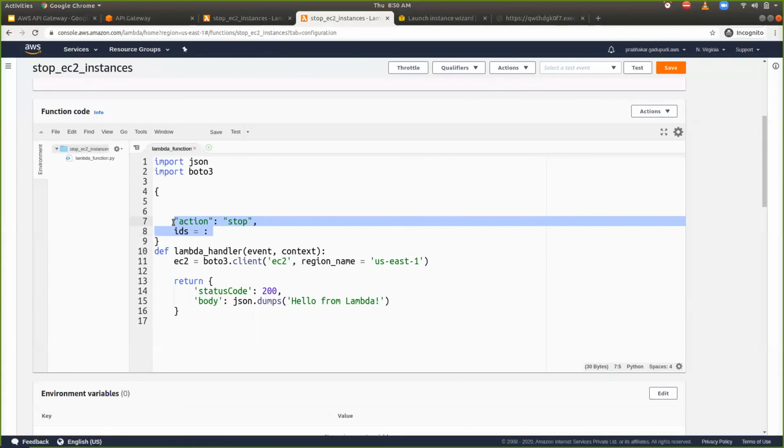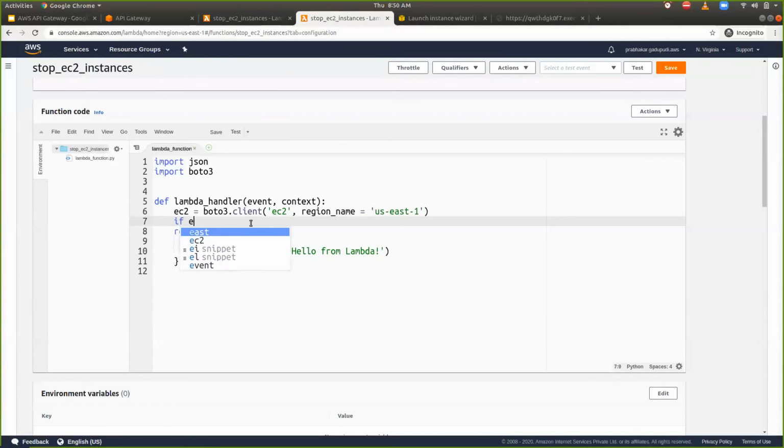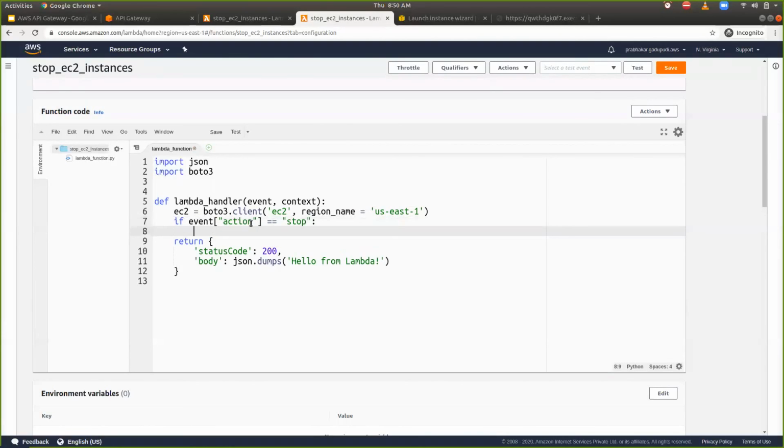Based on that, I'm going to write the POST method here. Whatever I'm entering will be captured as part of the event. Here I can say action, and if my action contains stop, then only the specified entries can be stopped.